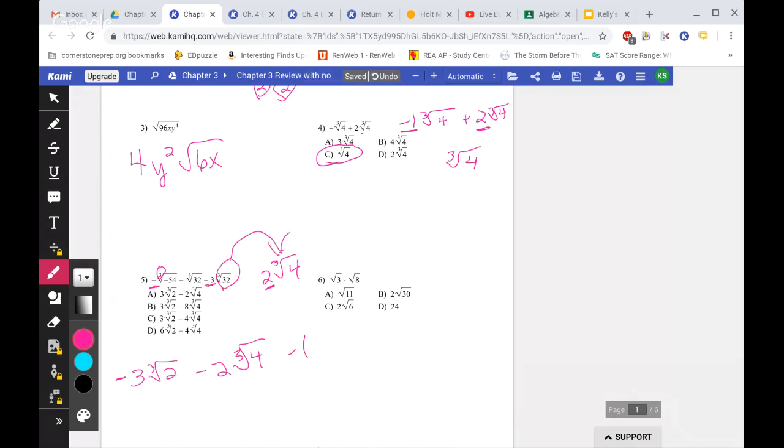So that's going to be minus 6 cube root of 4. So now I want to combine like terms, and these are the only two. So I've got -3 cube root of 2 minus 8 cube root of 4,